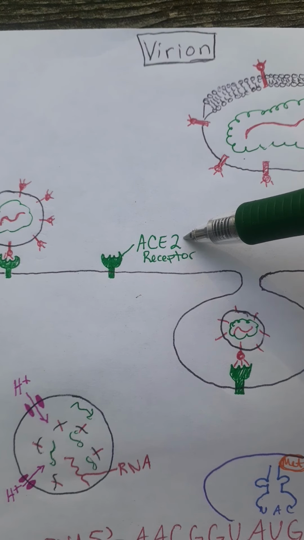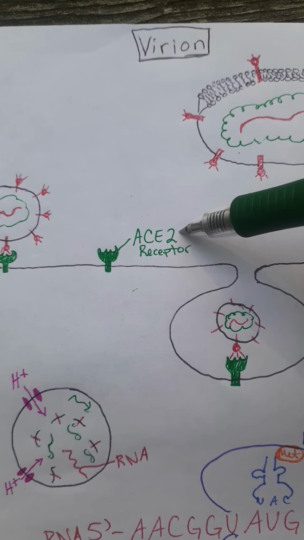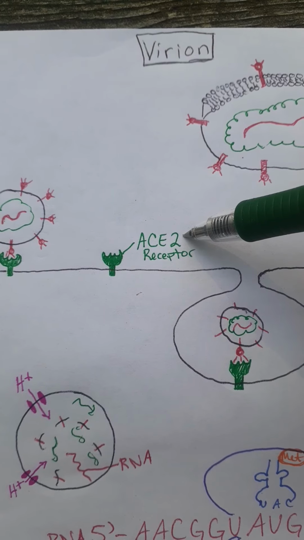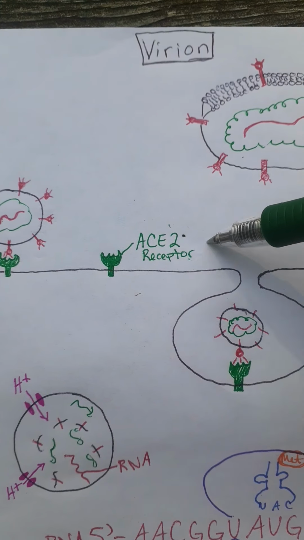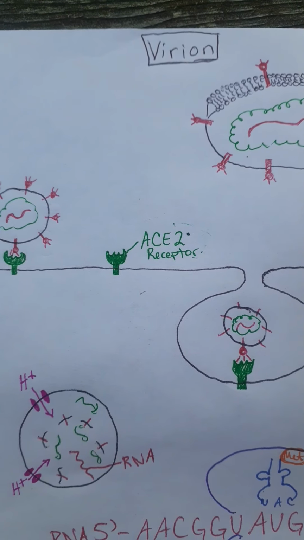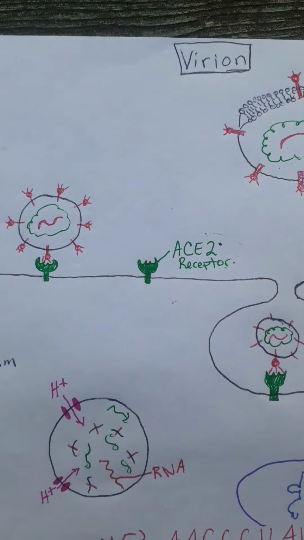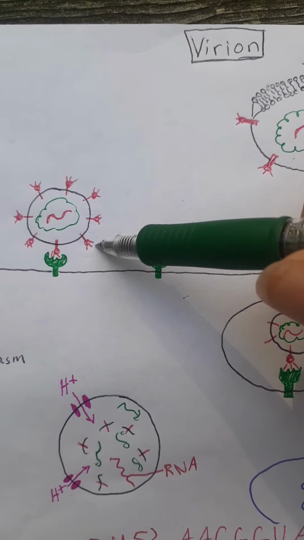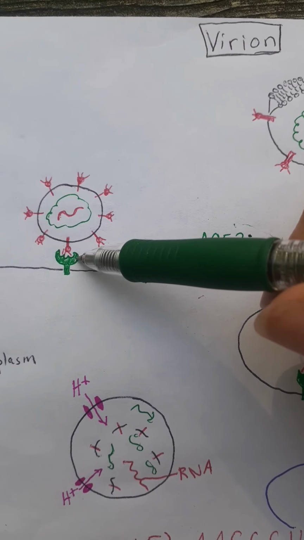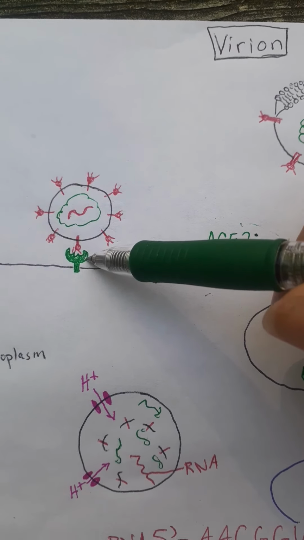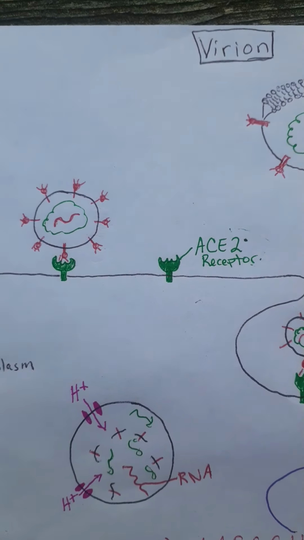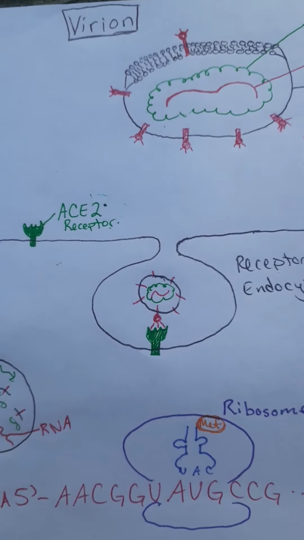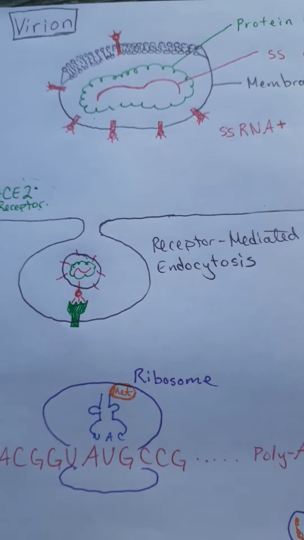This is actually involved in your blood pressure regulatory pathway. And so it's really important, and these receptors are all over the place because regulating blood pressure is, of course, super important. And so these proteins on the surface of COVID-19 actually bind to the receptor that's already in our cells, and we need this as a good receptor, but what that's going to do is it's going to stimulate a process